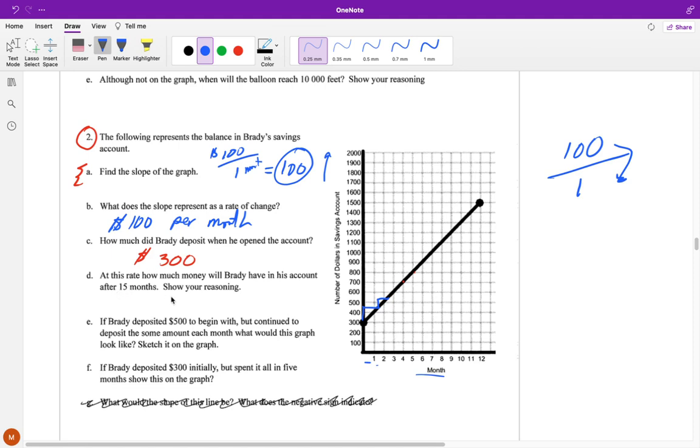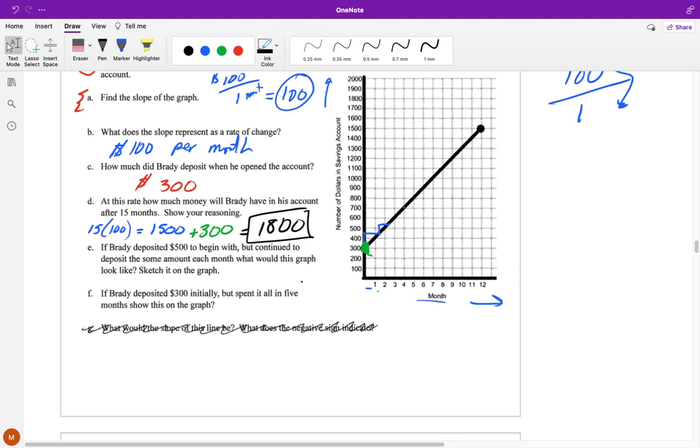At this rate, how much money will Brady have in his account after 15 months? Well, for this, we don't see 15 on the graph, so I can't just read the graph. But I know he's saving $100 per month, so I can do 15 times 100. And that means that after 15 months, he would have saved $1,500. And he started at 300 because that's where its starting point was here. So he had that 300 he initially put in. So 1,500 plus 300 is $1,800 is what we would expect him to have